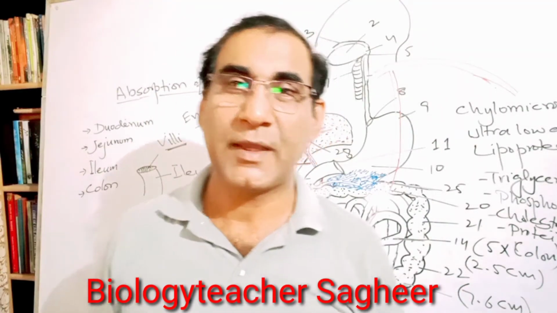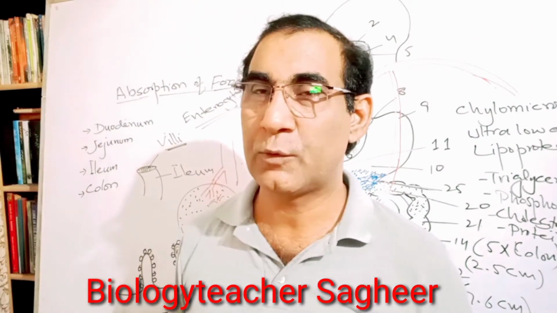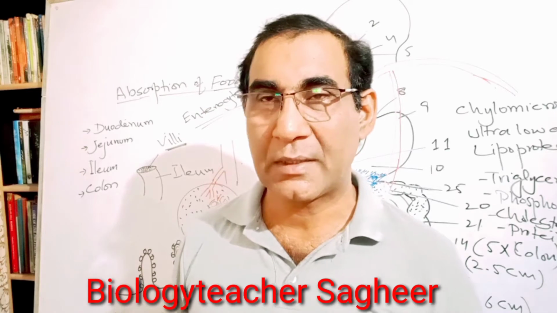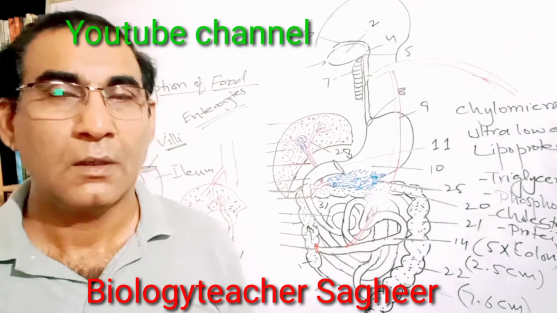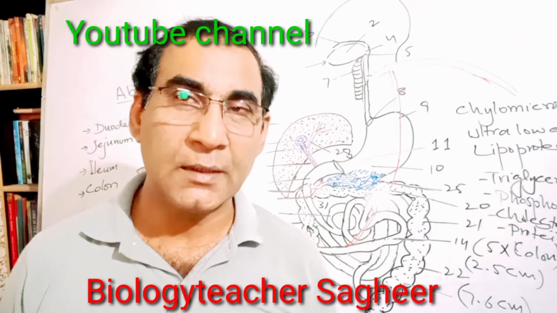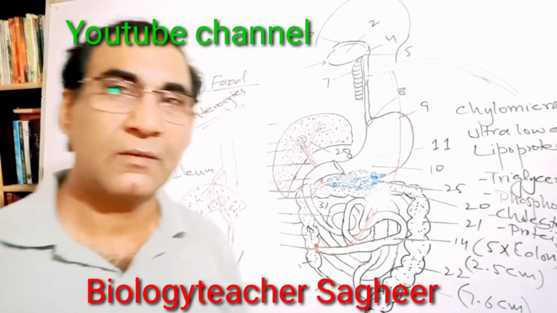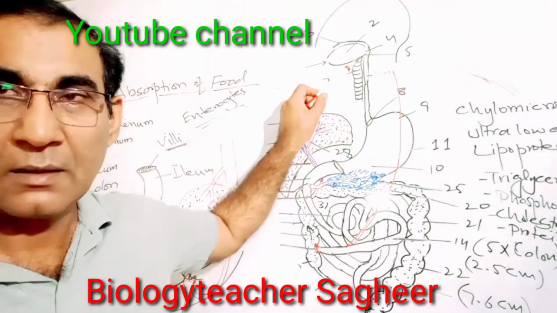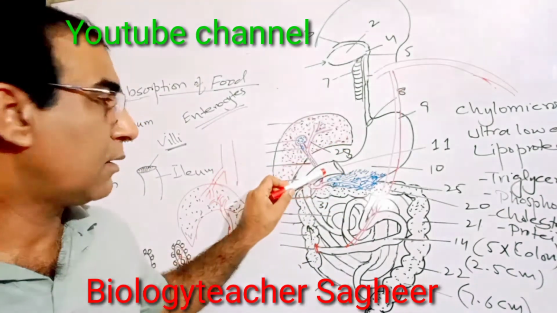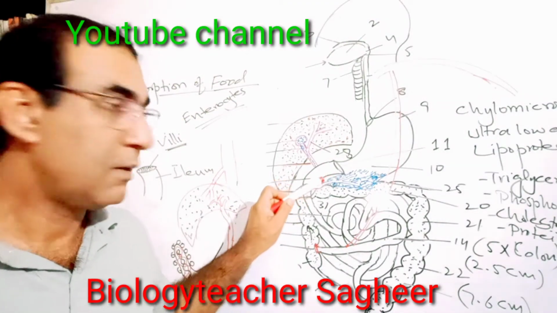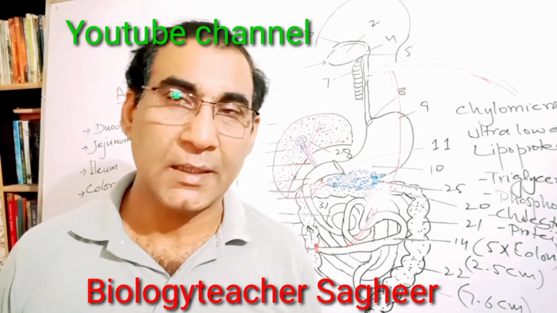Hello, students. Today we are going to discuss the absorption of digested food material in the gastrointestinal tract, or digestive tract. First of all, as you have learned earlier, the food material is digested first in the oral cavity, then in the stomach, then in the duodenum, and the rest of the undigested food material